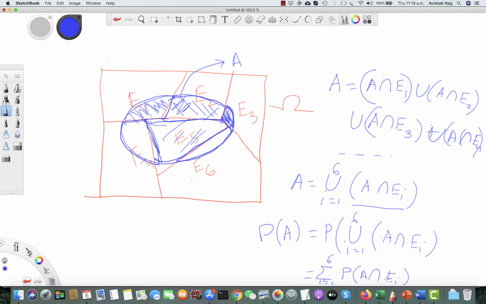And then from Bayes' theorem you can write A intersection Ei as probability of Ei times probability of A given Ei. So basically this is the sum. So that's what is